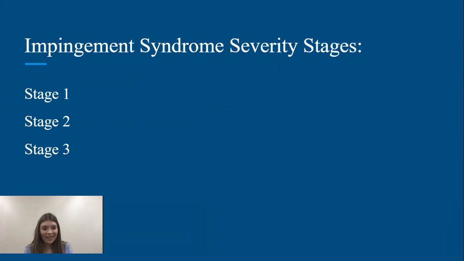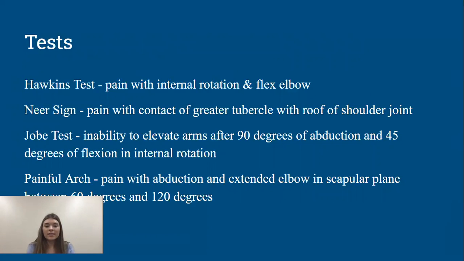And it should be noted, again, that these stages lean towards the extrinsic mechanism proposal, which, although most traditional, has had some conflicting suggestions brought to it within the past few years. So as mentioned, there's much more research that needs to be done to confirm which of the two proposals is correct. And up here you can see some tests that are utilized to determine if an individual has